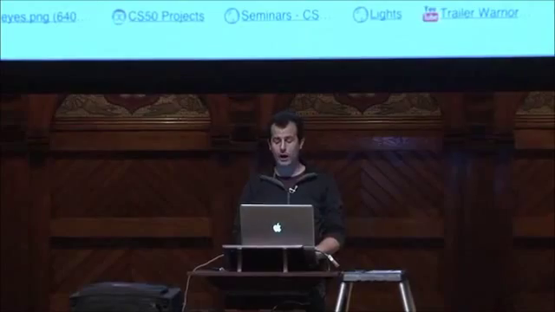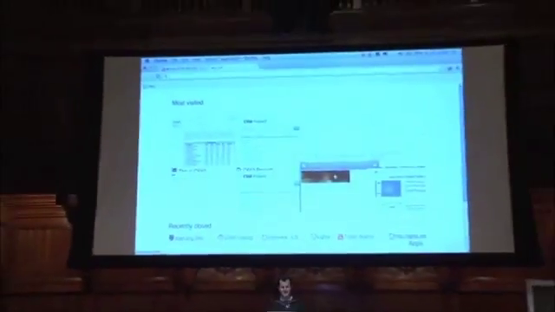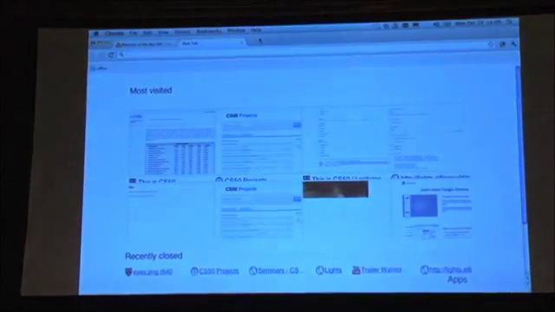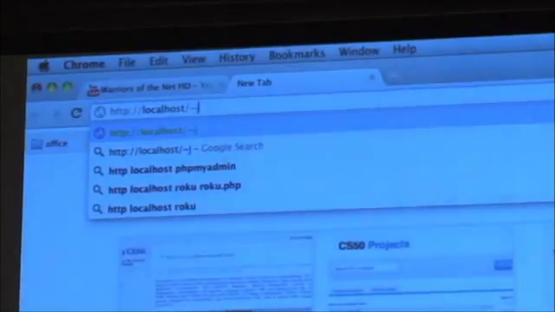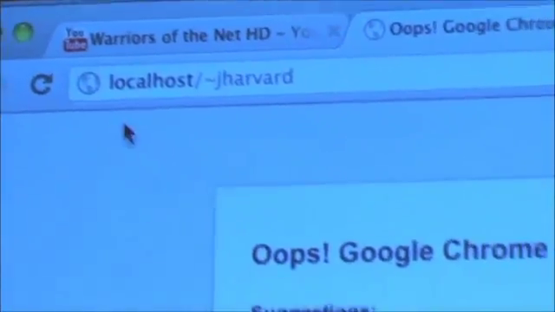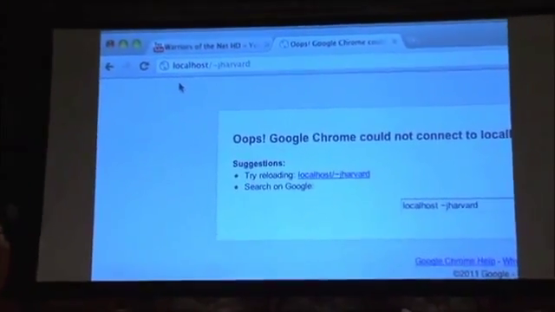Well, first, let's notice this. Let me go over to my own computer. So now I'm on my Mac. I'm using Chrome, and I have a brand new browser open here. And I've been visiting Rob's eyes again. OK. So let me go to this address now, http://localhost/~jharvard, and then enter. So notice this does not work,